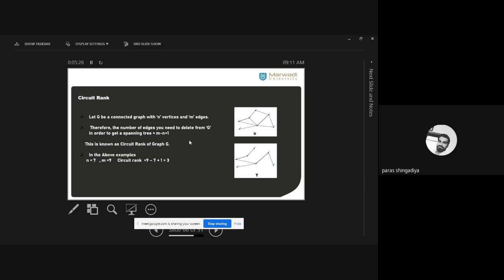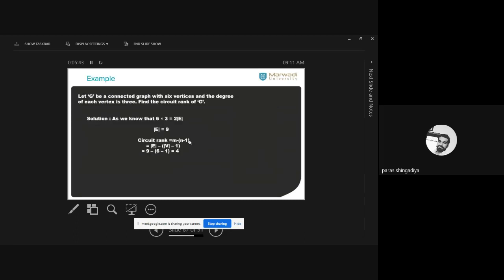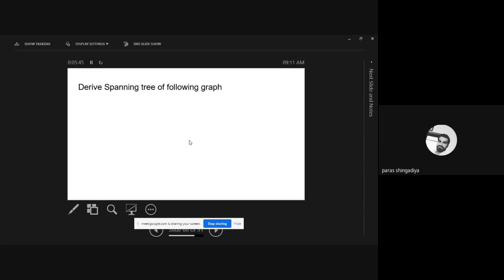Clear? So just delete 3 edges. That is a perfect answer. You cannot modify this answer. You cannot surplus, minus, and so on. Just consider only this answer and just remove these edges from the graph, and you can convert this graph as a tree. Clear? So that formula we had discussed in the last lecture, and then after one of this example,